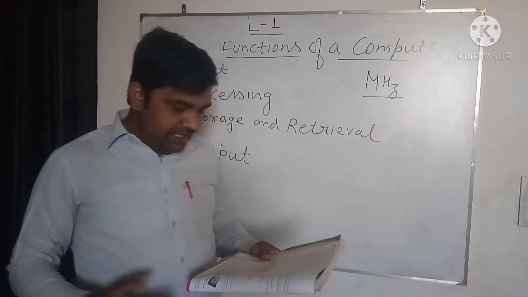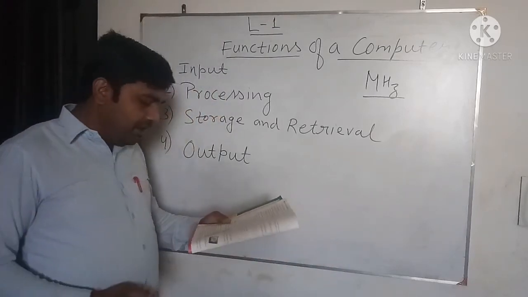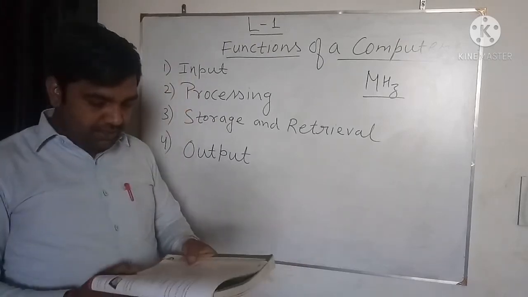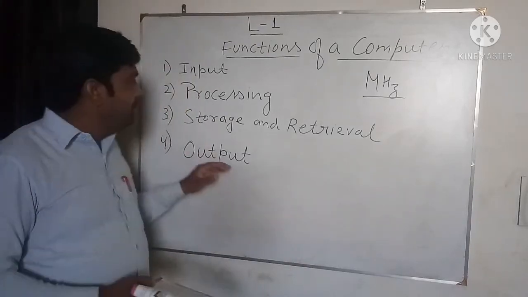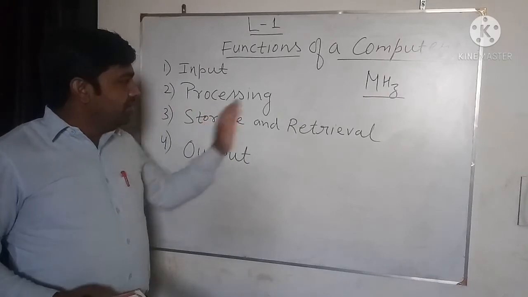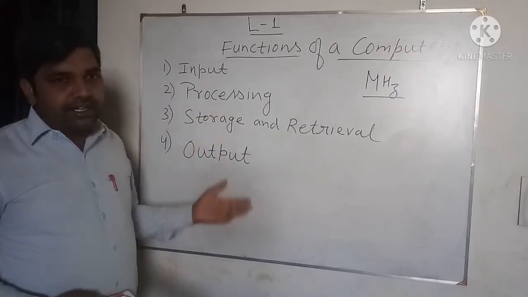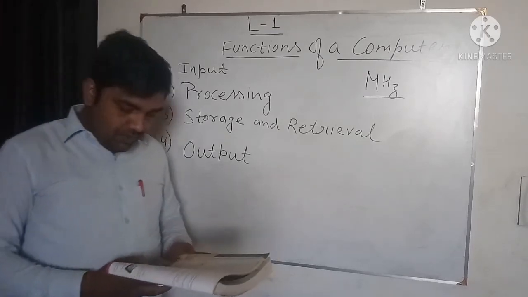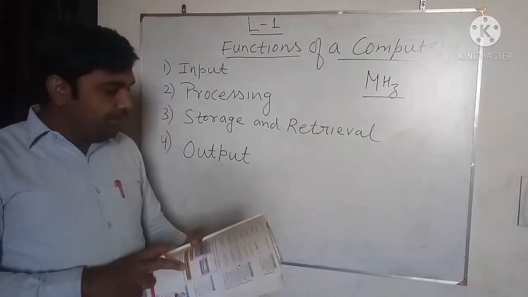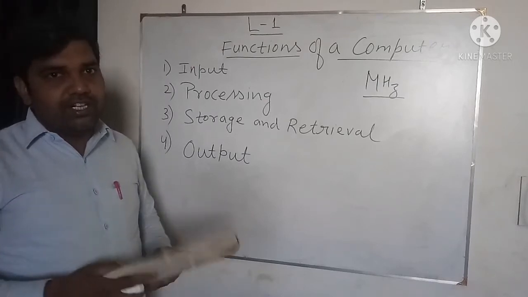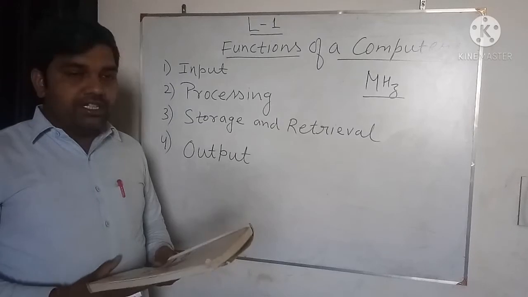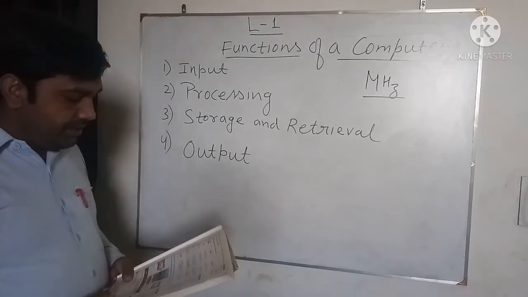Output unit. The output unit is formed by attaching output devices to a computer, and the output unit of the computer accepts the information from the processor, the CPU. So the CPU gives the result to the output unit, that may be the monitor or the printer. The commonly used output devices are the video, which is called the visual display unit or monitor, printer, and speaker. All these are output units.